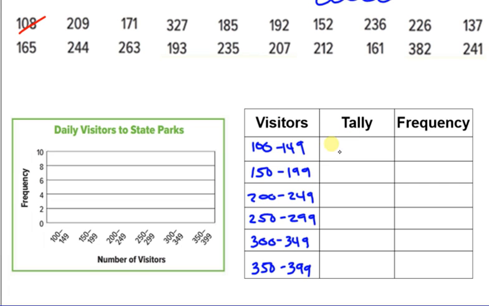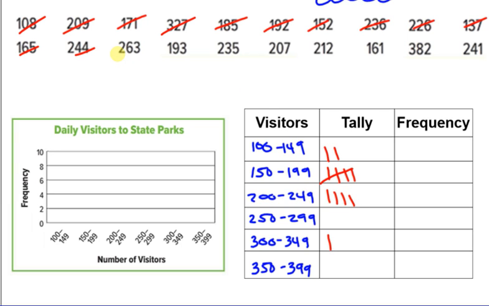So 108 is going to go here. 209 is going to go here. 171. 327. 185. 192. 152. 236. 226, 137, 165, and we're going to cross it on the fifth one,